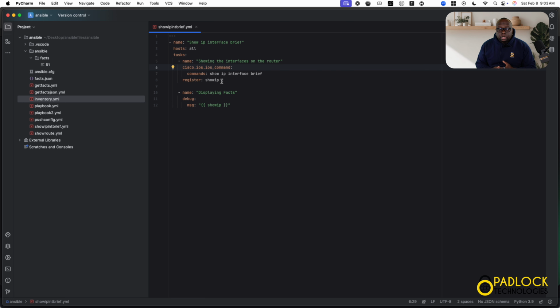And this is where, like I said before, you need to know what variables are: string variables, lists, dictionaries. You need to know those fundamental things, right? Because you've got to know this register command is going to register this output into show IP as the variable. And then the next task, after I do the show IP brief, is I'm going to display what I found. So instead of saying display facts, I'm going to say display